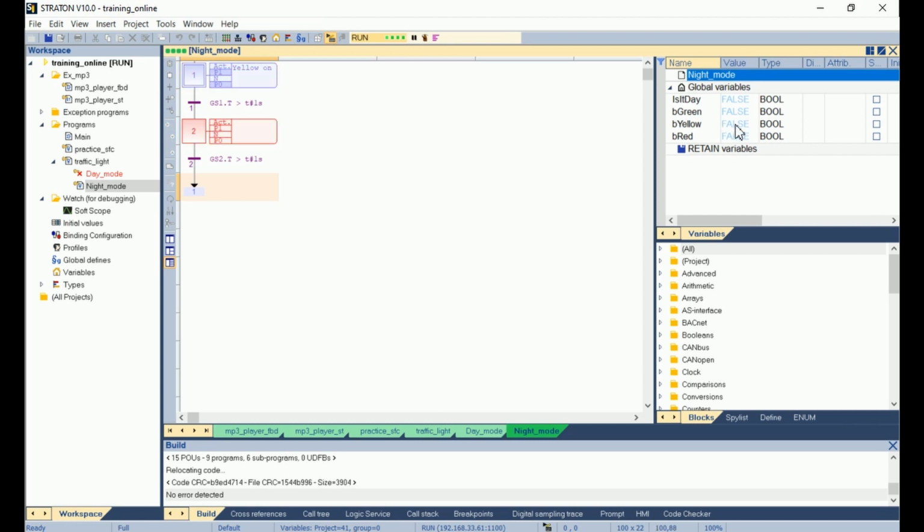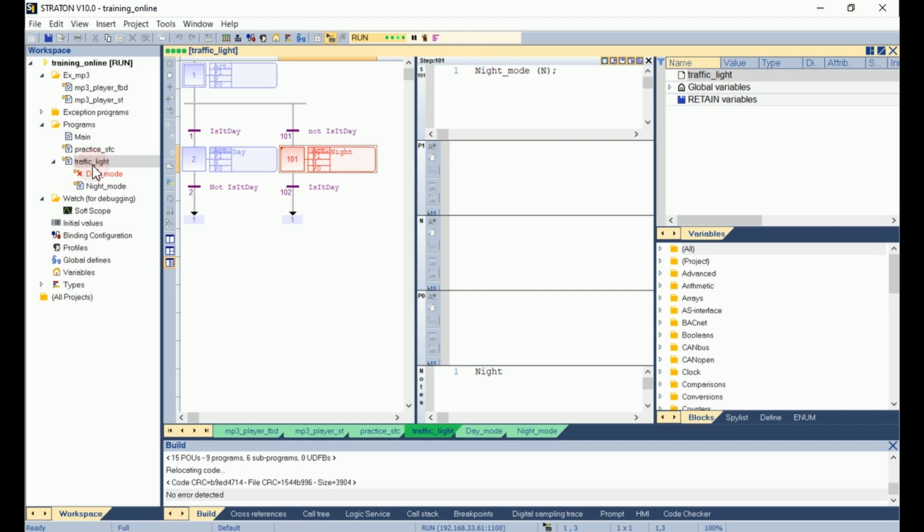And I see here that my variable ExitDay is false, so the SFC traffic light starts its child night mode. We are here in the night mode, and we see that the B yellow variable is blinking. Let's go into traffic light SFC.